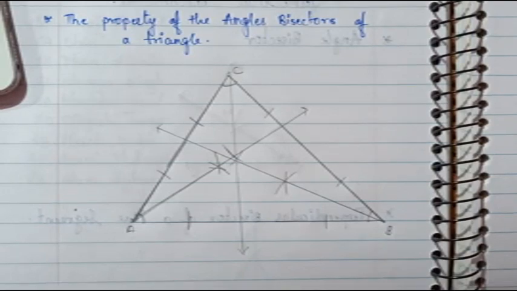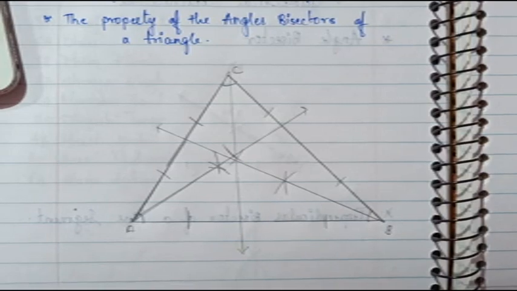Students, in your maths notebook you will write on the new page, today's date. Then you will write the name of the chapter, that is geometrical constructions, and then you will write the first part, that is angle bisector, and the way I have explained you all have to draw it in a similar way.